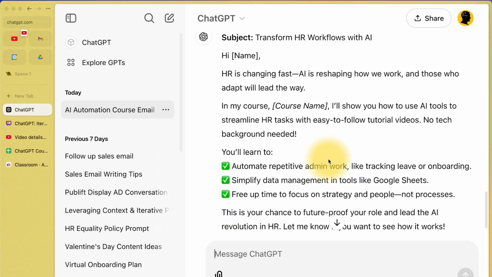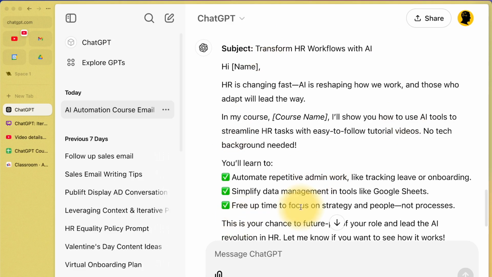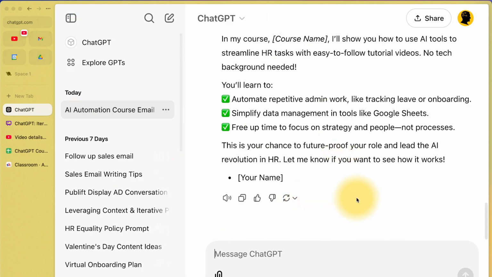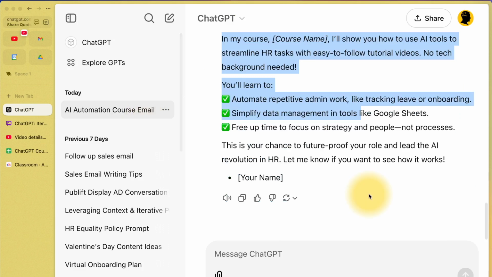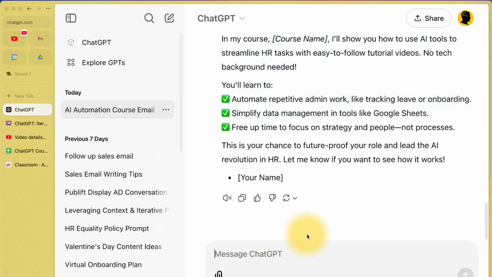Now the value comes from once you've edited it, in that you can then reuse this chat thread every single time and it will do it perfectly. So now that I've got it, let's say this is perfect and I'm happy with it for HR, I can come back to it another day and just say, now write me an email towards